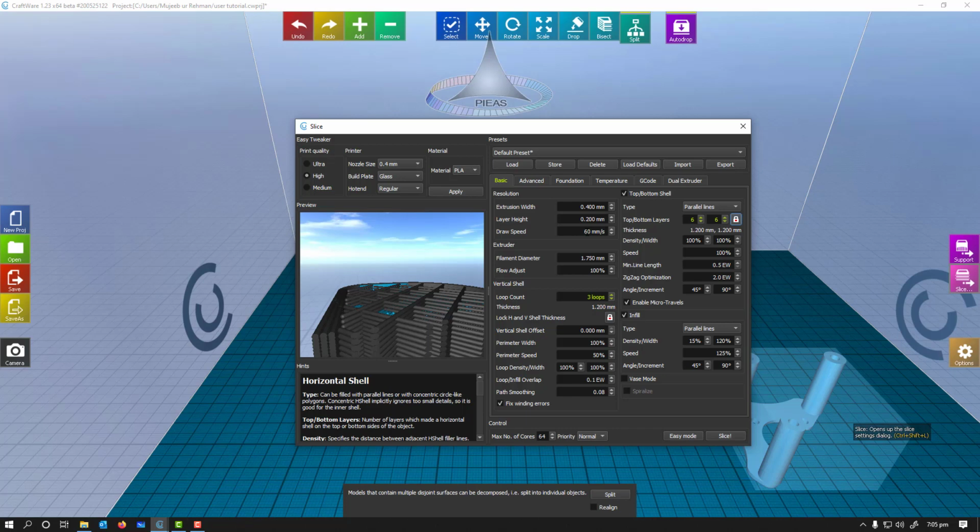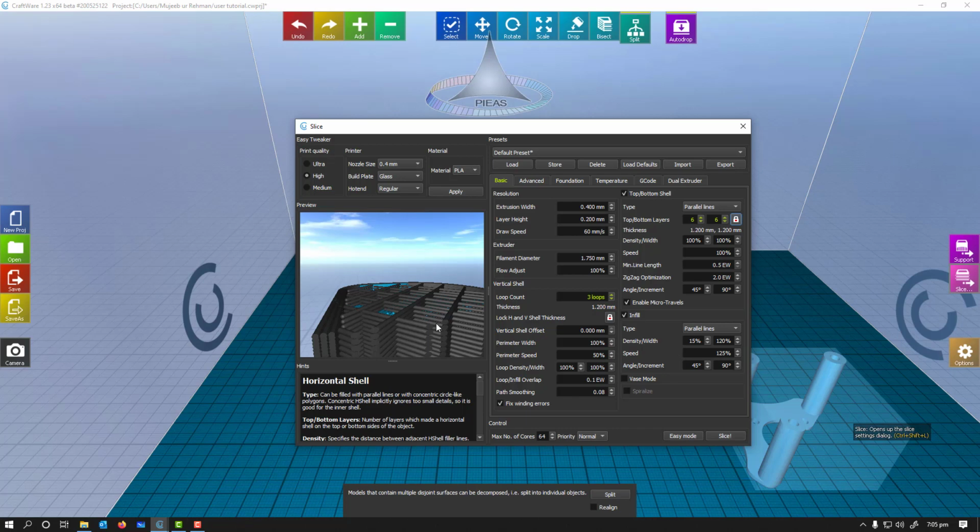So what will happen? Usually, remember, there is outer shell, then there is inner fill. So for most of the time, the speed of the parameter is less than 100% of the draw speed, while the infill speed is more than 100% of the draw speed, which is here 120%, 125%.